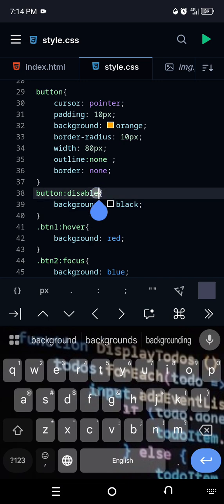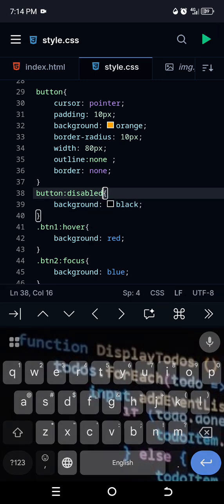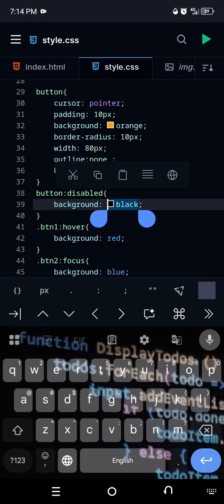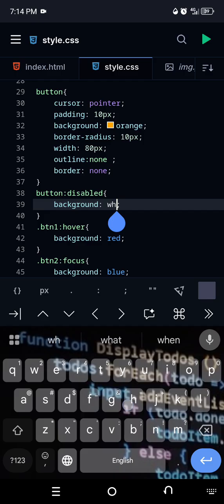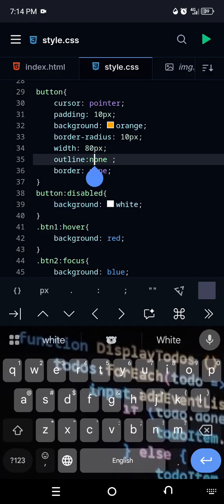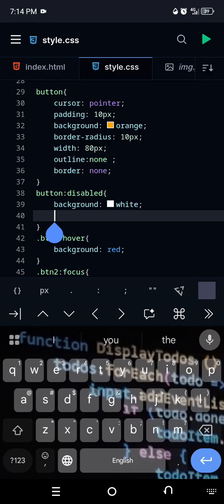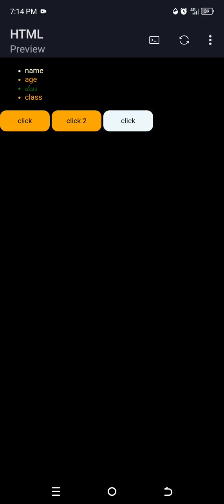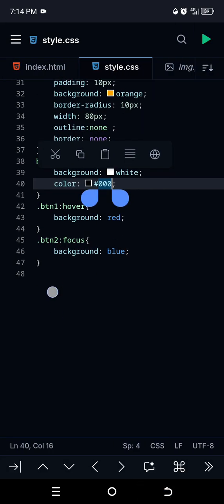Oh shit, disabled. Now you can see it. Let me use something. Let's use white. Okay, then we have our color to be black. Okay, that's good. So just know that this one is disabled here like this. Then